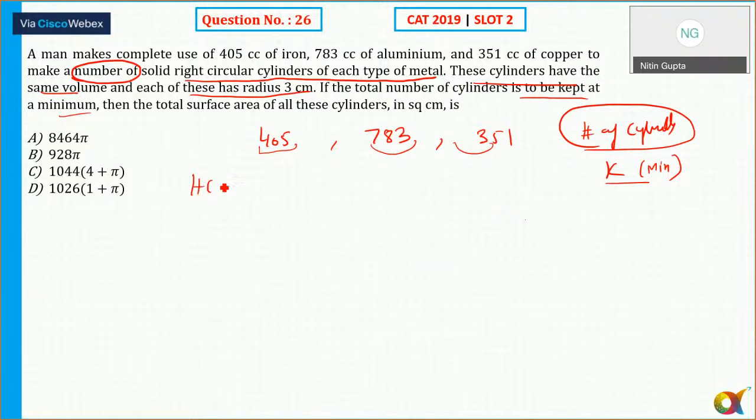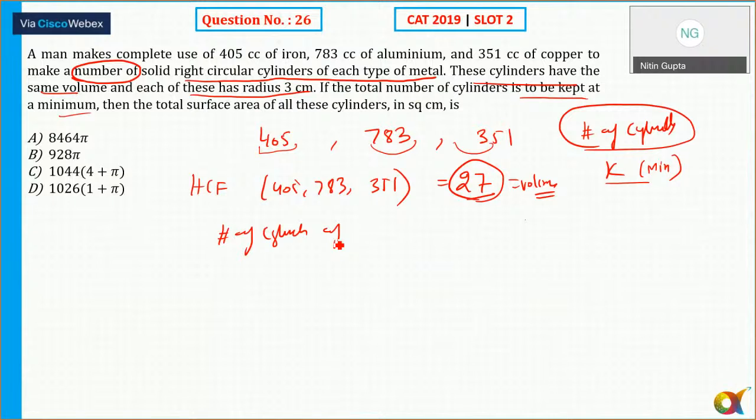So what is the HCF of 4083? And if you find the HCF, the volume will be the maximum possible volume of each cylinder. Now iron: the total volume of iron is 405 and the volume of one cylinder is 27, so the number of cylinders is